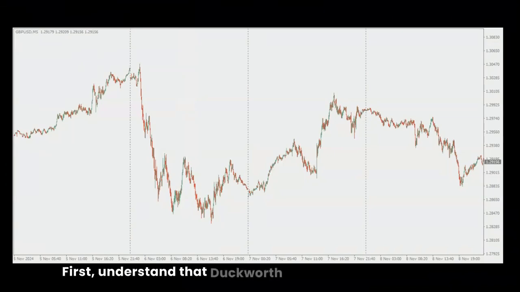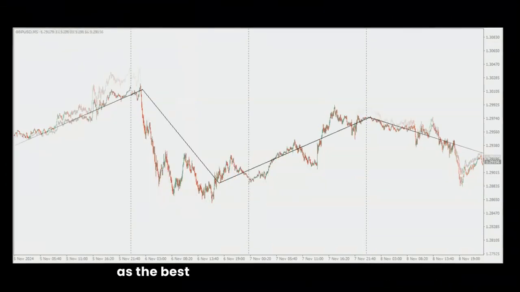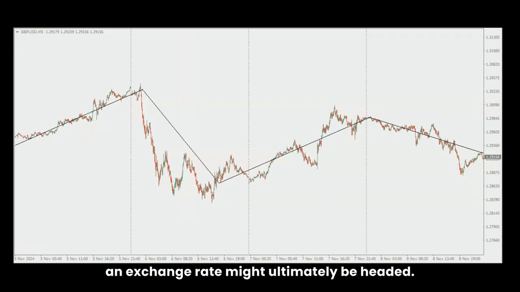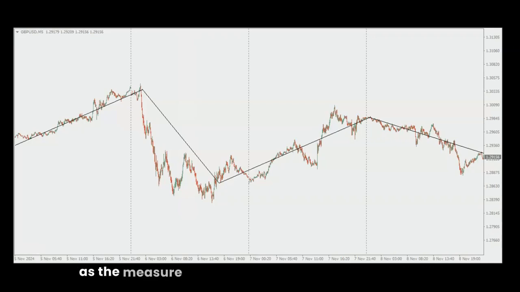First, understand that Duckworth regards moving averages as the best atmospheric barometers, if you will, for predicting the direction in which an exchange rate might ultimately be headed. Accordingly, Fred will be referring to the global baseline as the measure dictating whether he will be interested in buying or selling a particular asset in the context of day trading, with a baseline defined as a moving average that serves as a guide or roadmap, clarifying whether a given asset is bullish, bearish, or neutral for a specific time